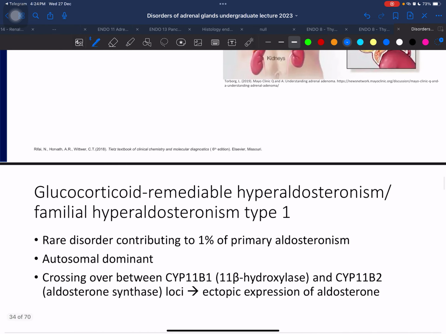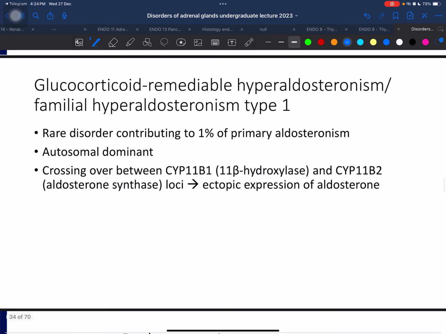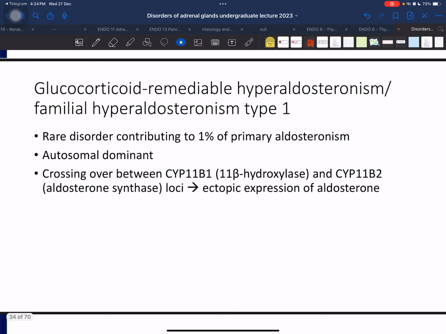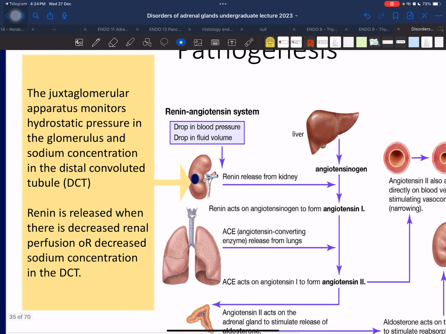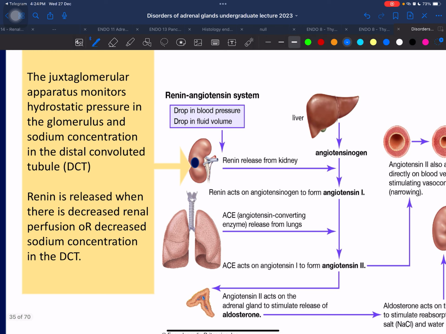Okay, so this is the pathogenesis, okay? This is your RAS pathway. You've learned about this before? Yes, huh? Okay, so basically, when you have a drop in blood pressure, okay, hypotensive, what happens is the juxtaglomerular apparatus in your kidneys releases renin, correct? The renin converts your angiotensinogen to angiotensin 1, correct? The angiotensin 1 is then converted to angiotensin 2 with the aid of ACE, which is angiotensin converting enzyme